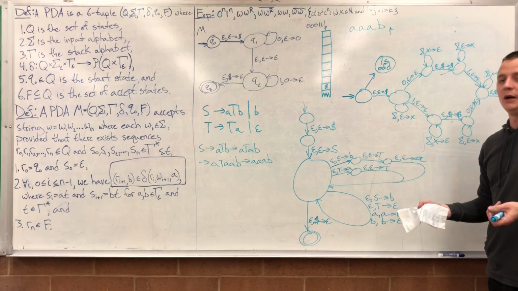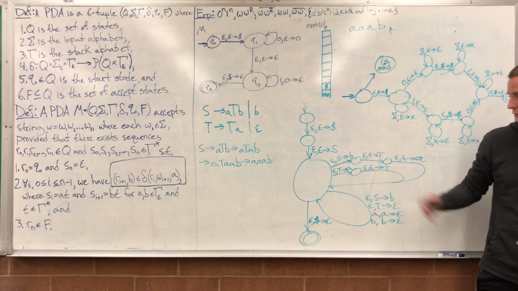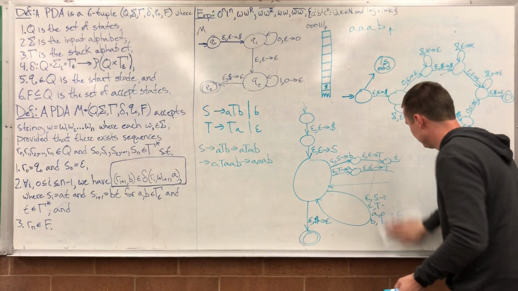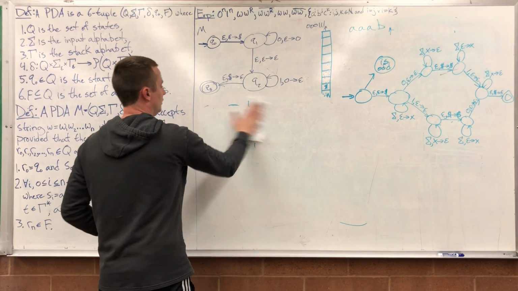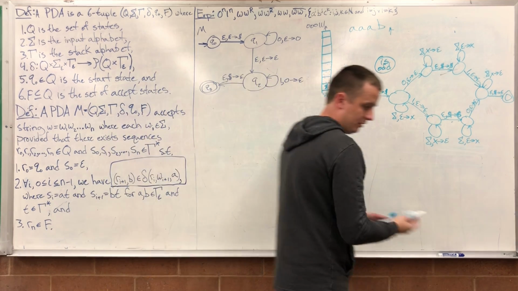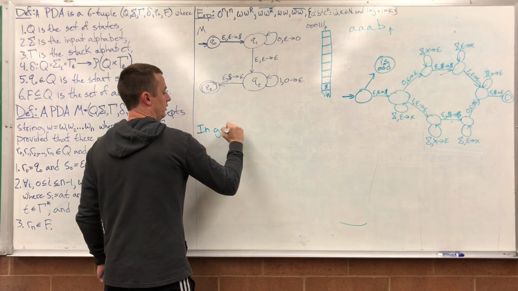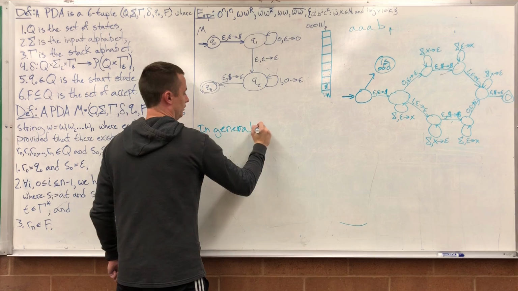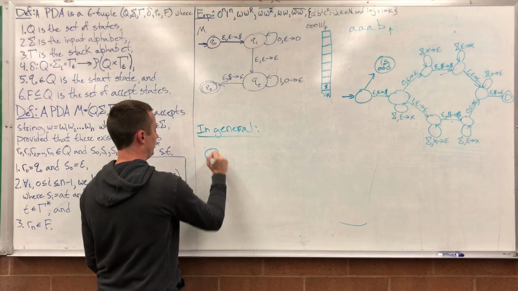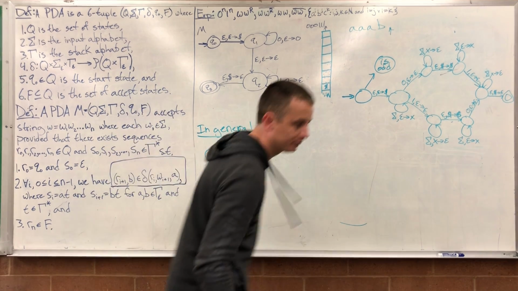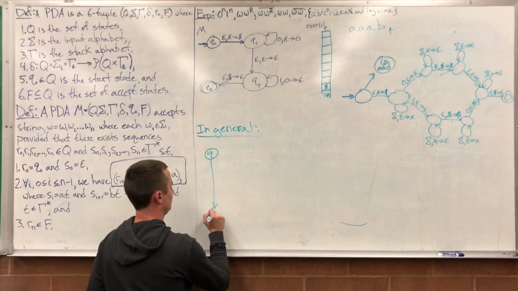So I'm not going to bother doing the proof that every context-free grammar can be converted into a PDA, well, we'll write down the general idea, I guess. Now you've seen a particular example, and I think you'll be fine. Right. Okay. So in general, anytime I want to go from some state Q to some state R,